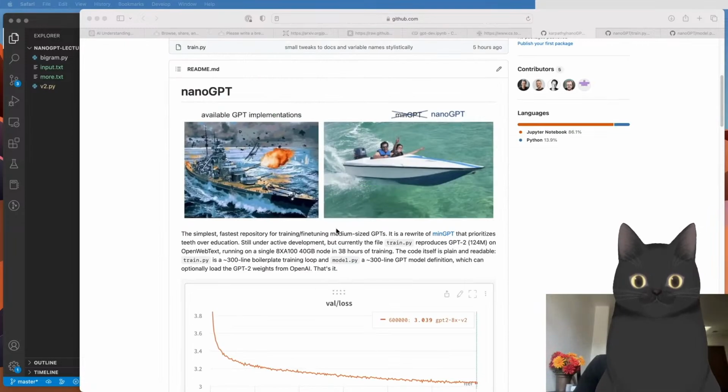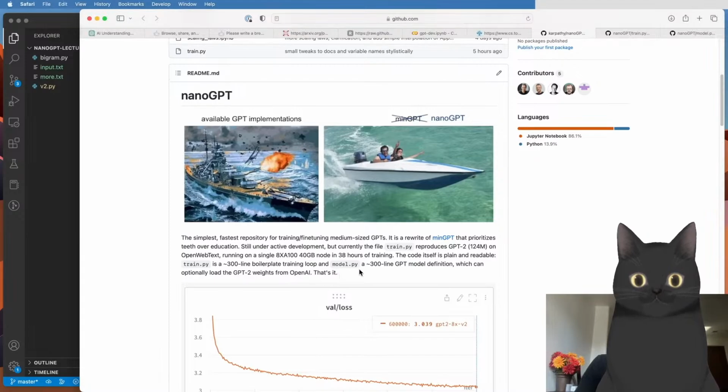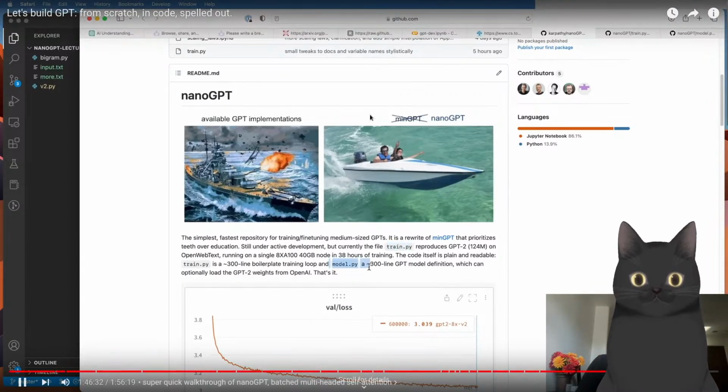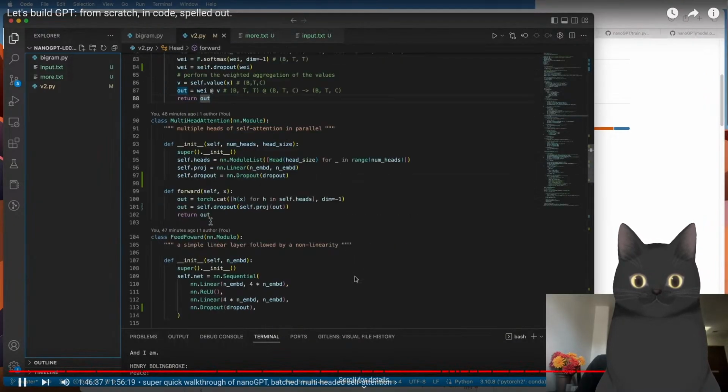Okay, so now I wanted to do a very brief walkthrough of NanoGPT, which you can find on my GitHub. And NanoGPT is basically two files of interest. There's train.py and model.py. Train.py is all the boilerplate code for training the network. It is basically